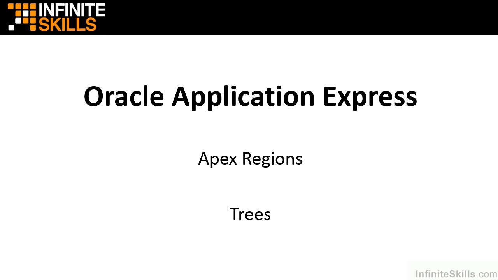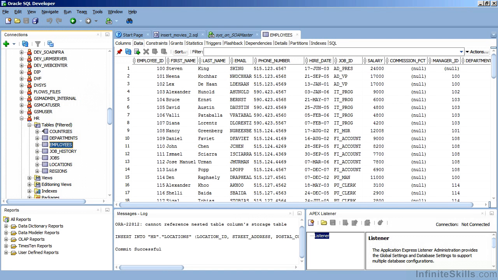Welcome to Oracle Application Express, Apex Regions, Trees. A tree is a graphical representation, commonly referred to as a hierarchy, on a page. One of the most common things to represent as a hierarchy, or as a tree, is a list of employees inside of an organization. One of the most common ways to represent hierarchies is to have a self-referencing table inside